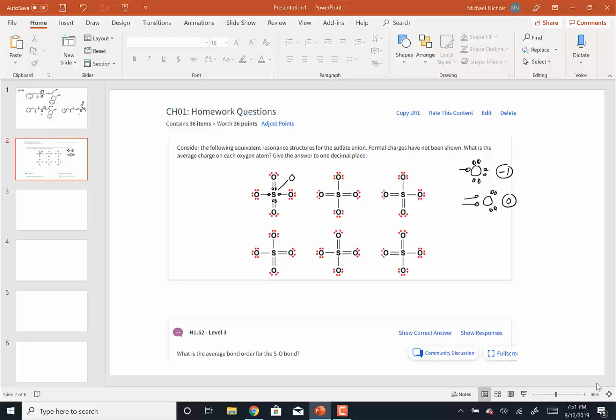So if we go through and we assign formal charges, all of the oxygens with the single bond and 3 lone pairs are all going to have -1 charges, and all of the double bonded oxygens are just going to have a 0 formal charge. So we can go through here and we can assign all of these oxygens as having a -1 formal charge. Okay. Now if I was writing the resonance hybrid structure, which I will do over here,